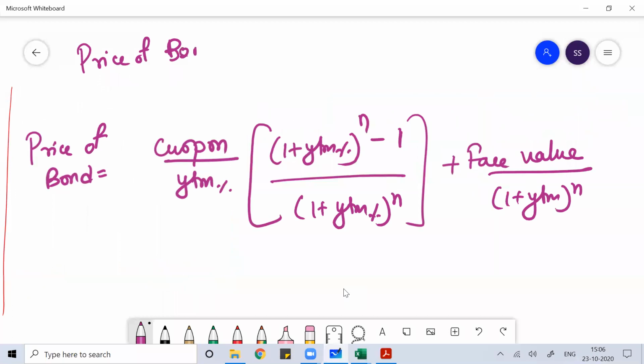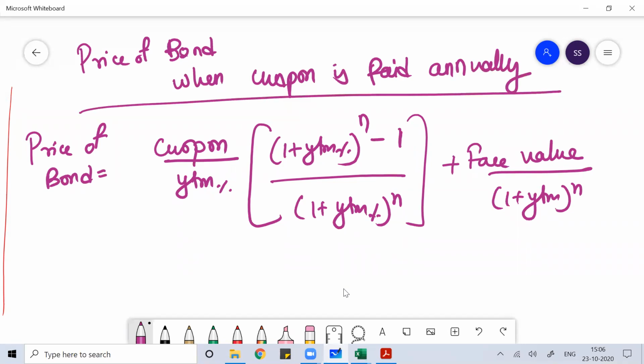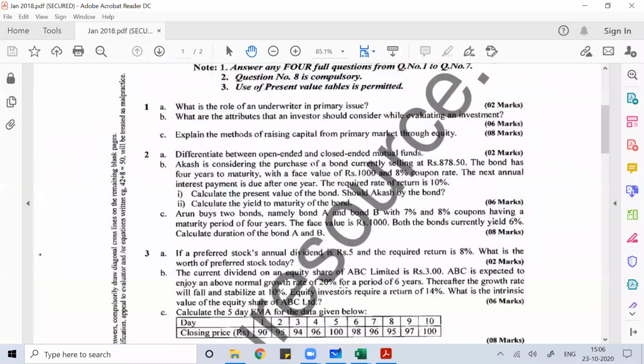This is the price of bond when the coupon is paid annually. When the coupon is paid annually, we use this formula. In case the coupon is paid semi-annually, they'll make that clear to you. Like if you see in this